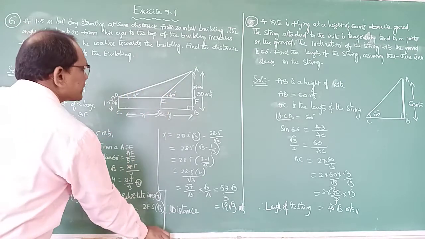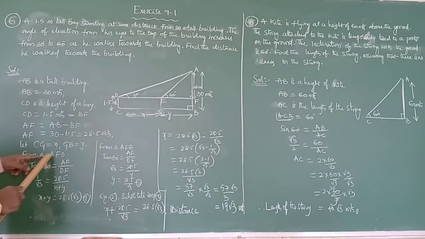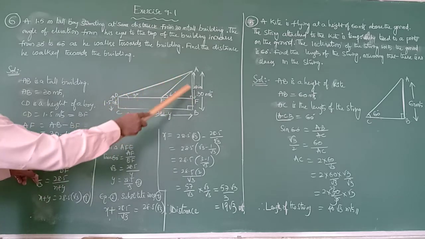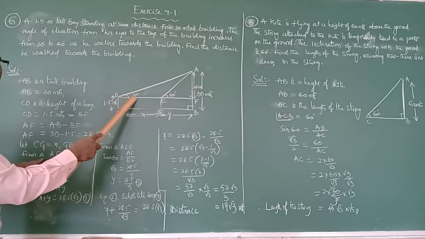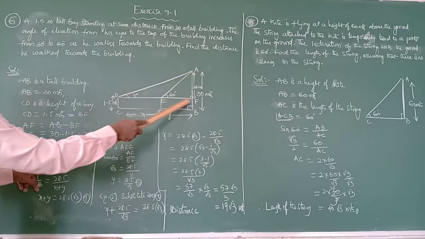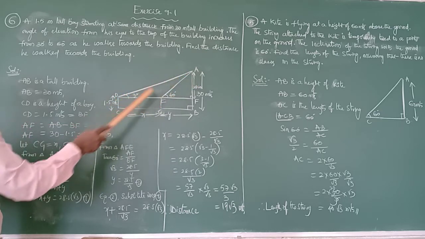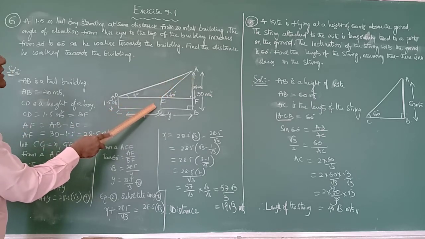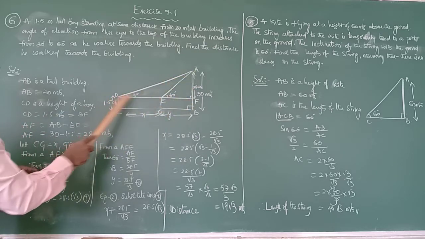Here two right angle triangles are there, children. First I am going to take triangle AFD. We know very well AF equals 28.5. I am taking tan 30 degrees first. Tan 30 degrees is the opposite side by the adjacent side in triangle AFD. So tan 30 equals AF by DF.